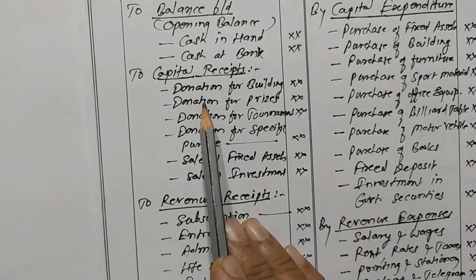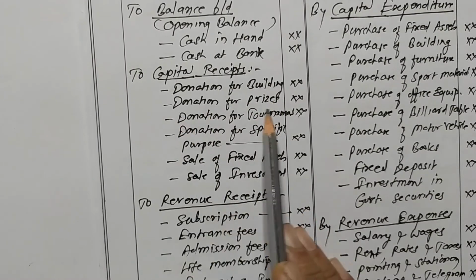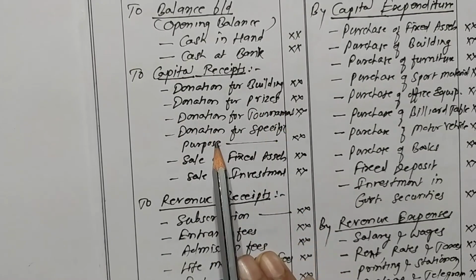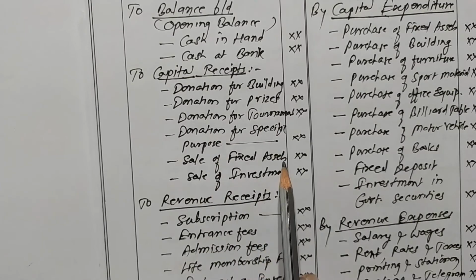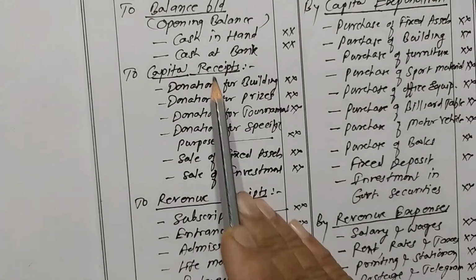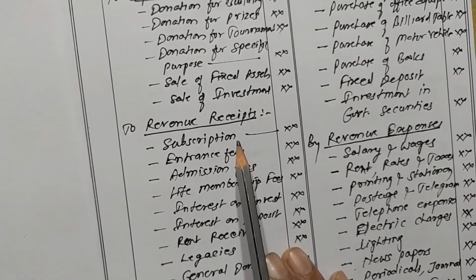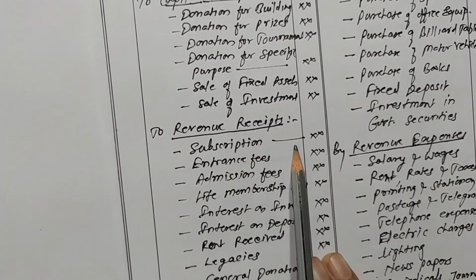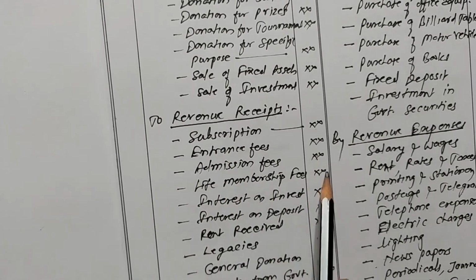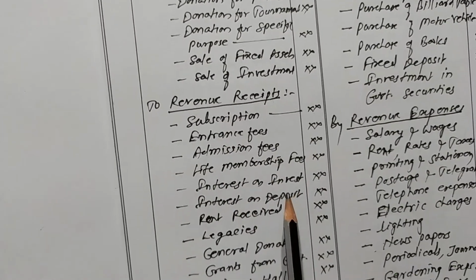The capital receipts are such as donation for building, donation for prizes, donation for tournament, donation for specific purposes, sale of fixed assets and sale of investment. These are the capital receipts. Now, revenue receipts. These are the regular flow of income: subscription, entrance fees, admission fees, life membership fees, interest on